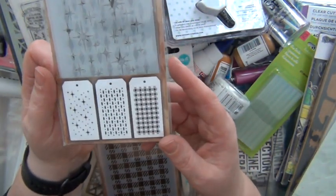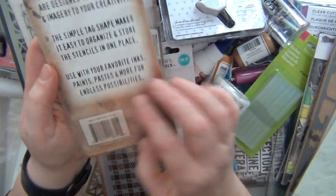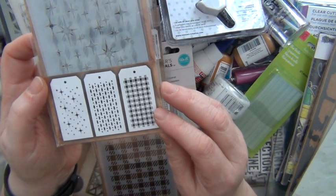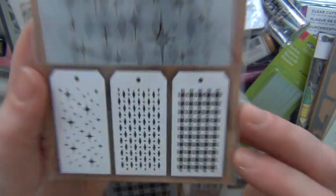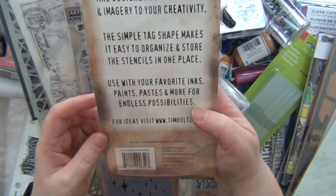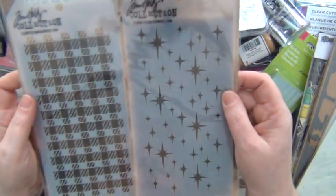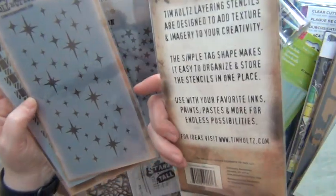Here is a set of 3 smaller tag-shaped stencils from Tim Holtz, and this is it. And I believe this one is Sparkle, Diamond Dot, and then it was that pattern, which I can't remember right now. I'll come up with it in just a second because I have the bigger version here. It's called Gingham. Wonderful squares. Here's the Sparkle, and here's the wonderful Decade,